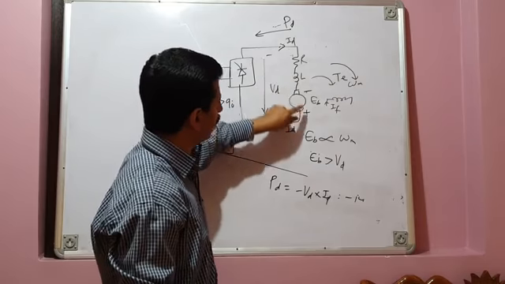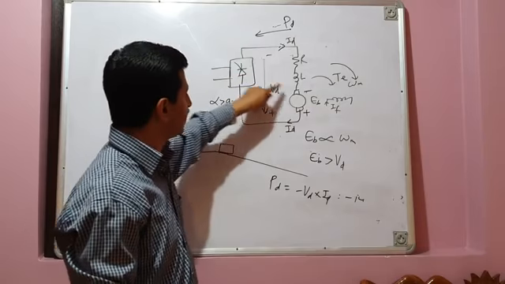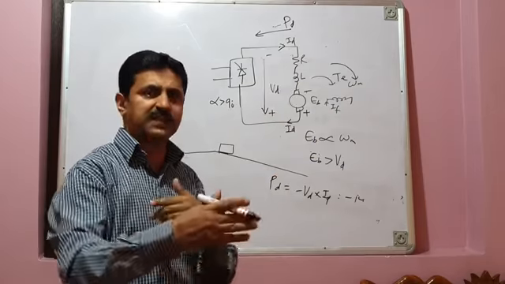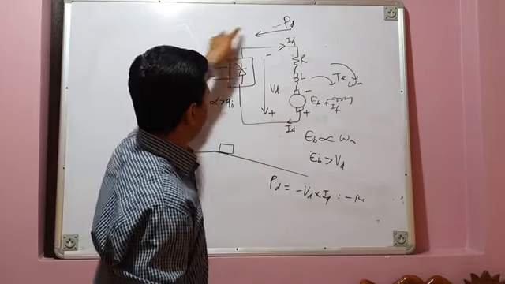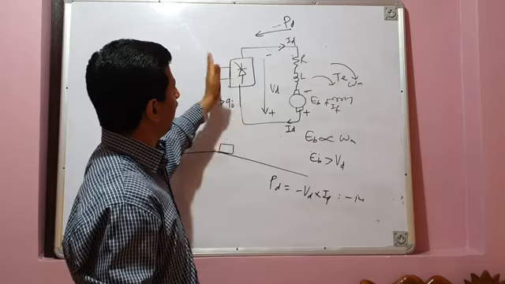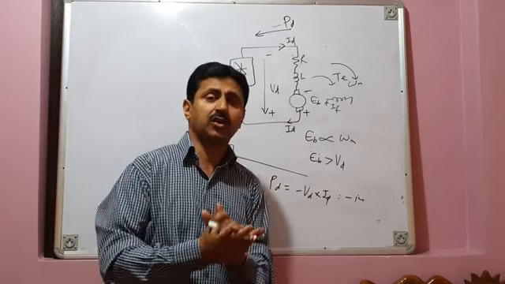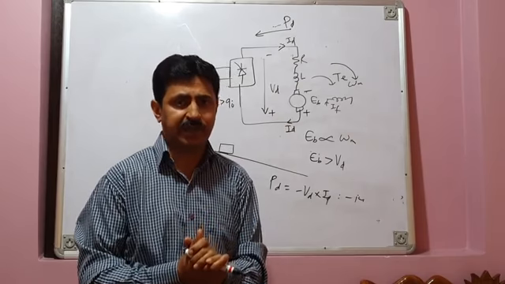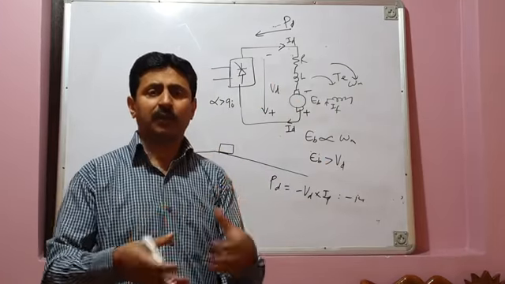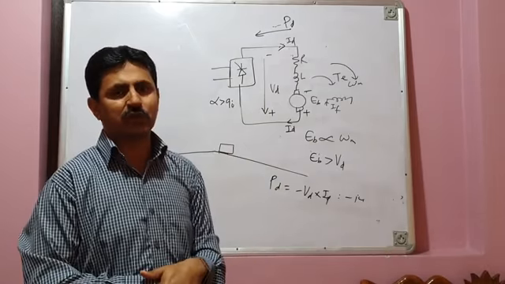In the inversion mode of operation, the polarity of the average output voltage reverses, and you also flip the armature terminal, so EB also you reverse. EB is greater than VD and current flows from EB to VD. That means power is flowing back from DC to AC. So your machine is not operating as a motor, it is operating as a generator. Whatever energy it is generating because of the gravity pull and overspeeding, it is feeding that energy back to the source.